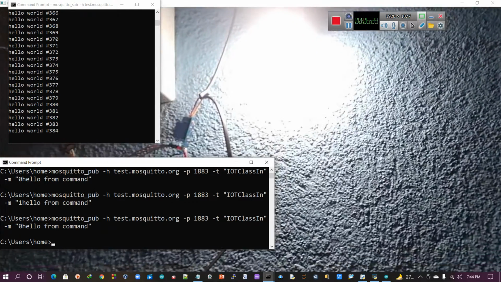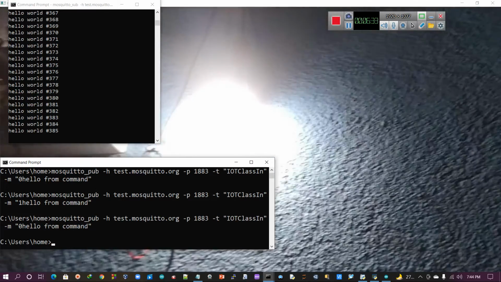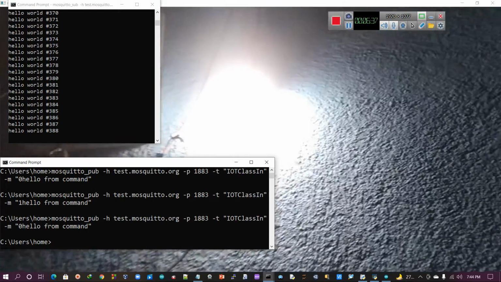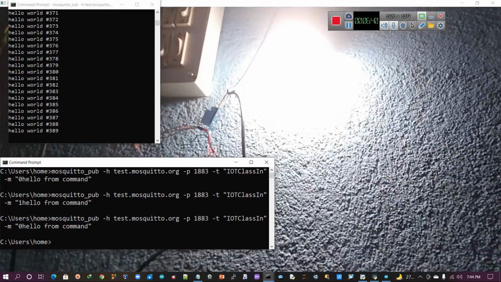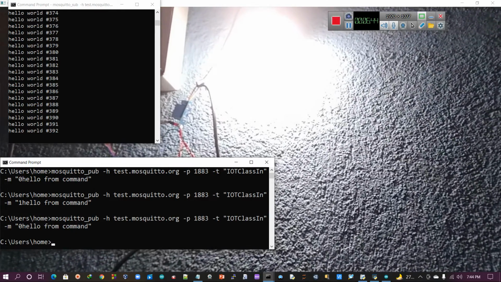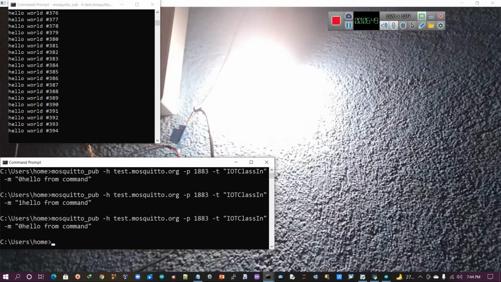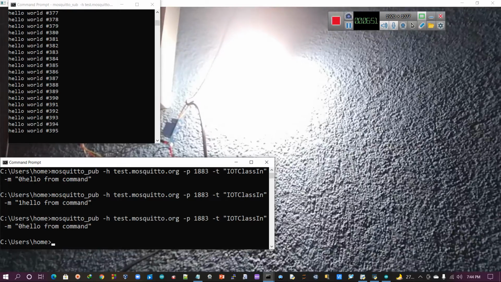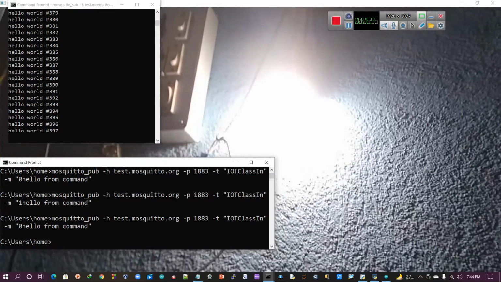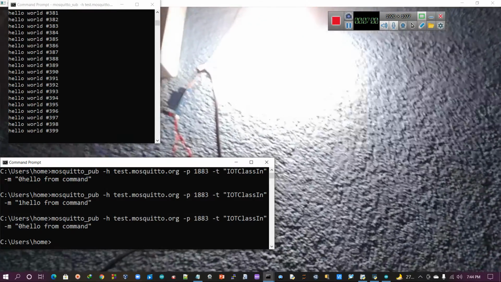But today I am not able to show you that, because I think there might be some limitation on test.mosquitto.org. That's why today it is not showing, but just 1.5 hours before I tried so many times and it was working. So tomorrow I will check again and show you how to control the same thing using the mobile. In the mobile I have my MQTT app, and I already tested that. So for now you can enjoy how to control this from my laptop.